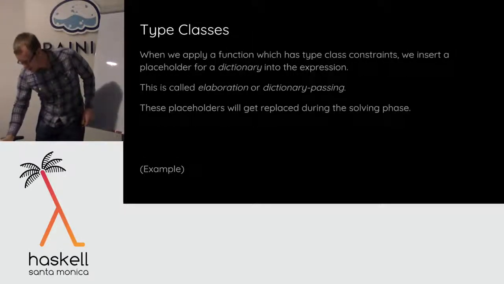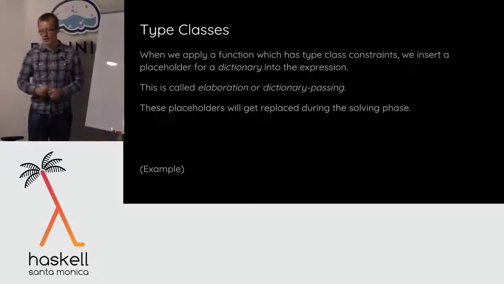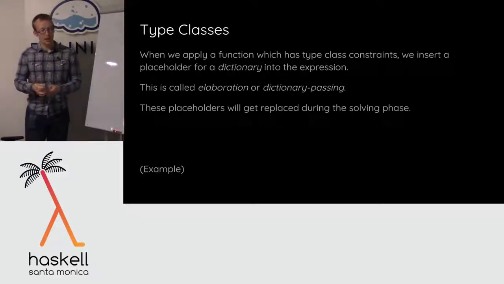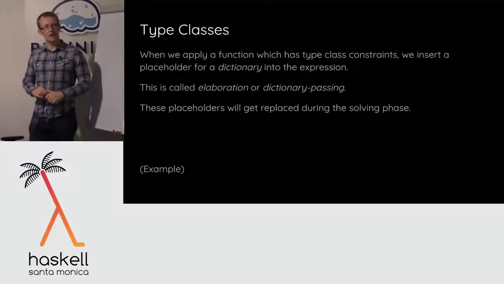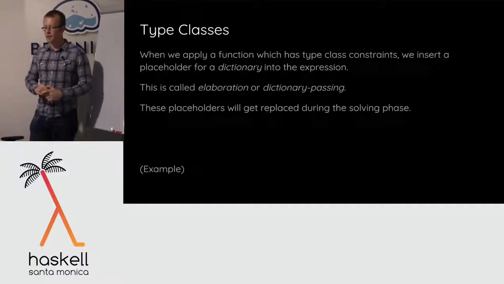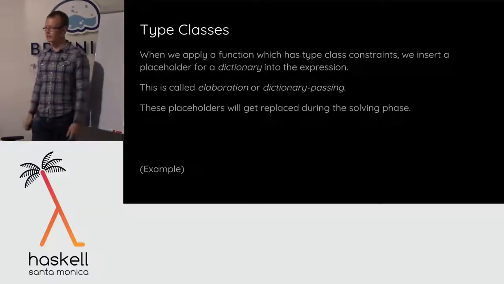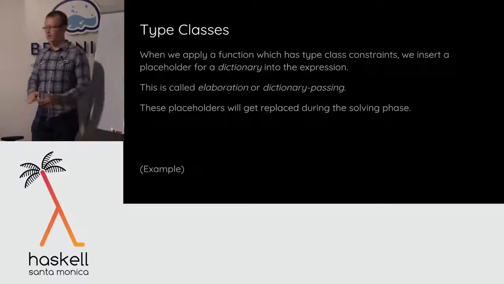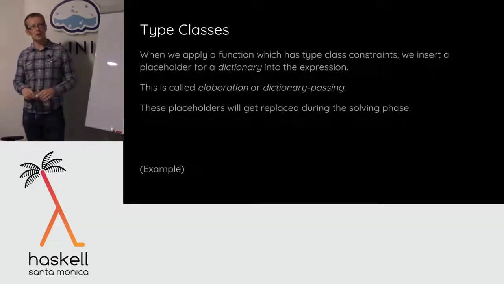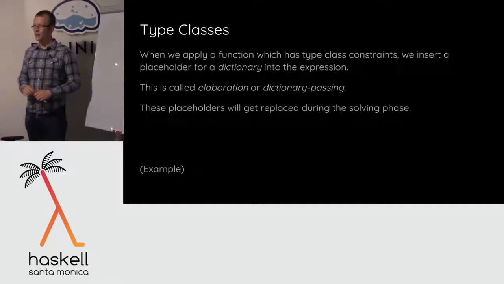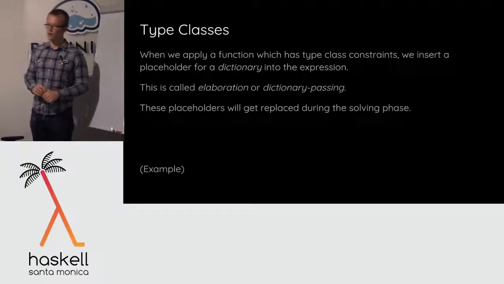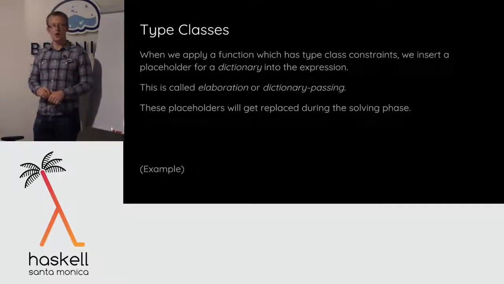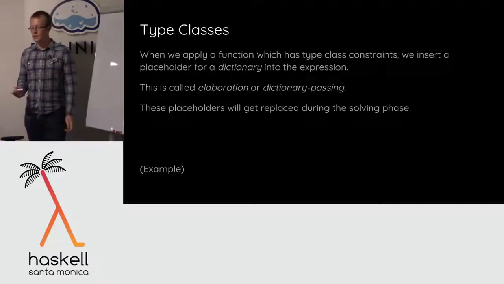Okay, pressing on. All right, type classes. Here is a very quick version of what we do for checking type classes. We can think of type classes as elaborating to dictionary passing style. That can be our semantics with a type checker. Every time we have to apply a polymorphic function that has a type class constraint, we can just insert a placeholder for a dictionary that we need to figure out later.